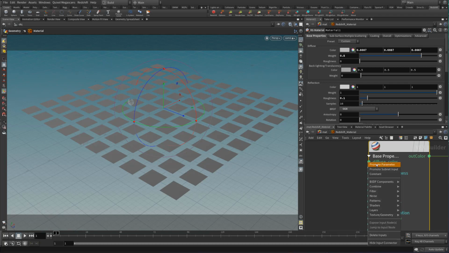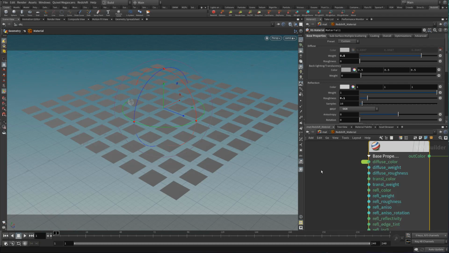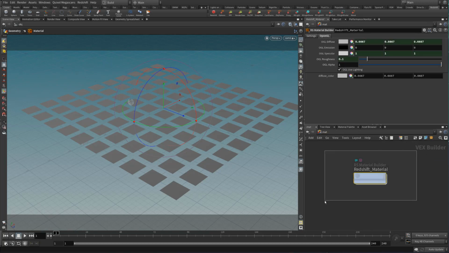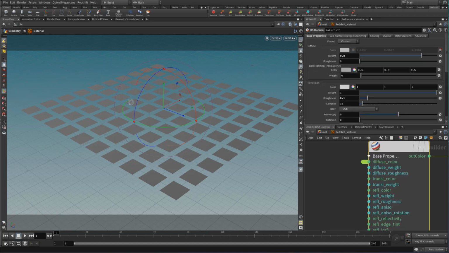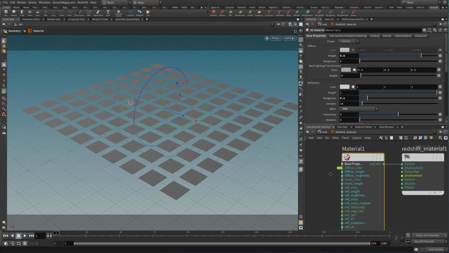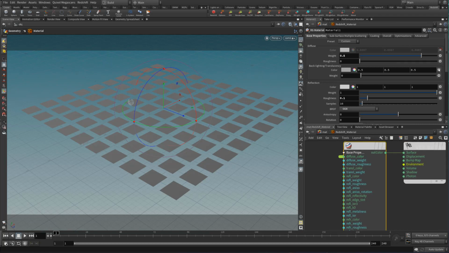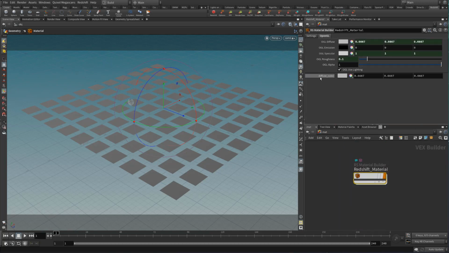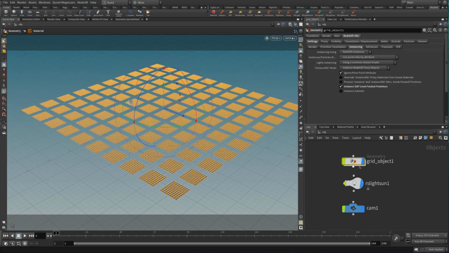You middle mouse click it, and you can choose to promote the parameter. You'll get this little green tag here, and it'll be grayed out. What that means is that it is now promoted at the top level of our builder, so you can see it's here, diffuse color. You can also promote a parameter by clicking on these little cogwheels on the side of the parameter and choosing promote parameter. So now that that's exposed here, the diffuse underscore color,